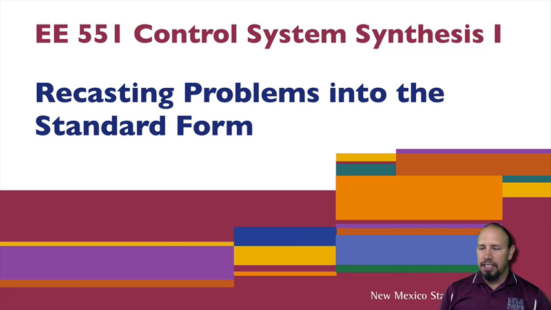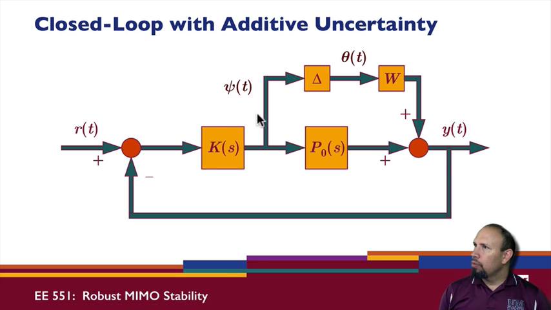Recasting problems into the standard form. So this is the loop that we have when we have additive uncertainty. So now we've closed the loop. So remember that our